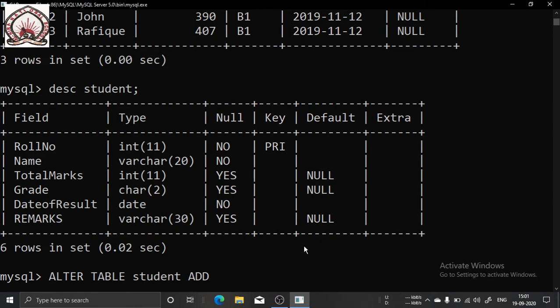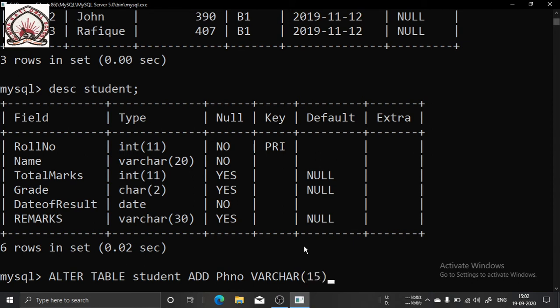Suppose I want to add the column name as PHNO, phone number, and I am giving the data type as varchar and the size as 15.